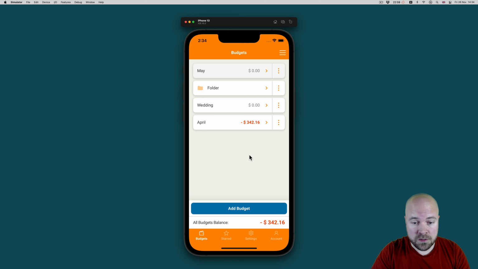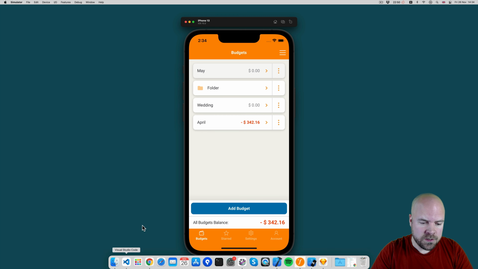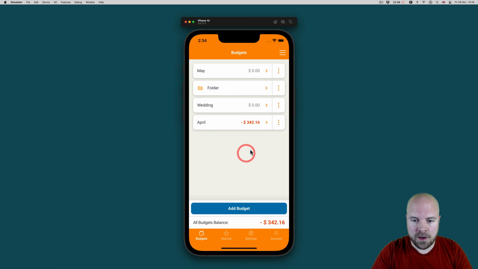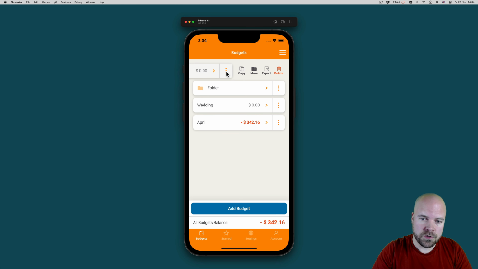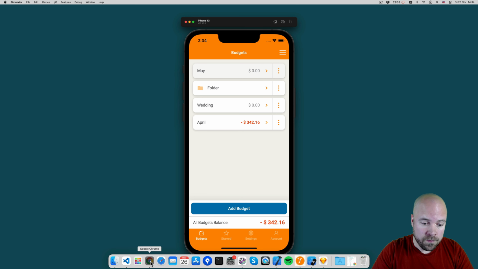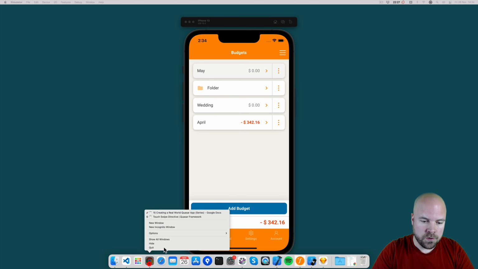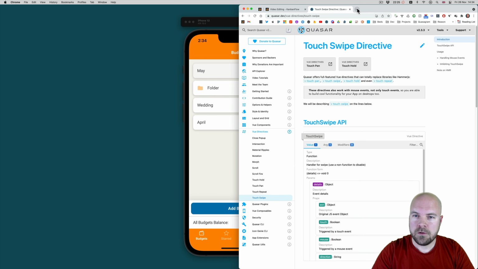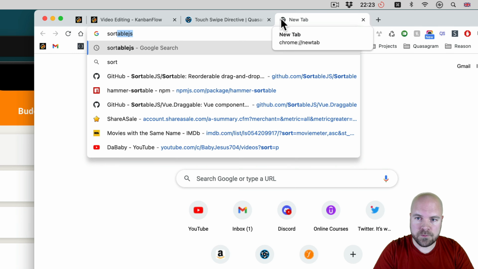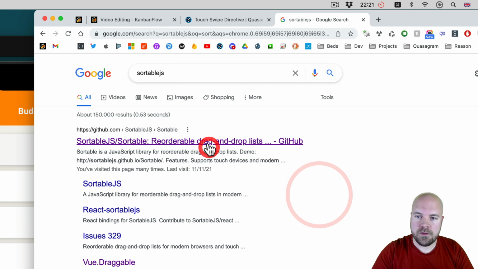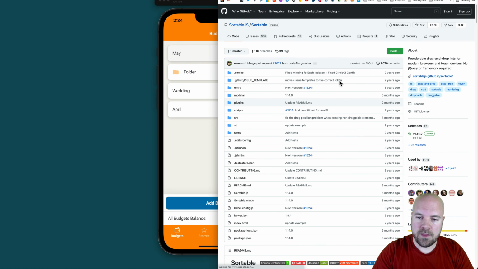And I'm doing this using the SortableJS plugin. And there is a SortableJS version specifically for Vue.js apps, but I had some issues with that. I found that it was clashing with Quasar's swipe left functionality, this functionality here, which is using the Quasar v-touch swipe directive. And so I'm actually just using the raw SortableJS plugin. So if you just jump to Google and search for SortableJS, then this is the plugin that I'm using for